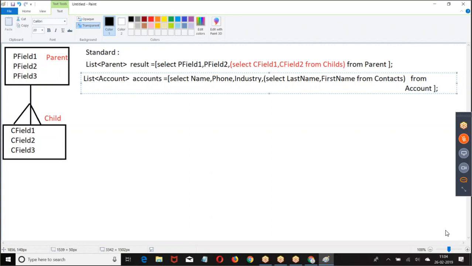This is the format: select parent fields, comma, select child fields from child from parent.